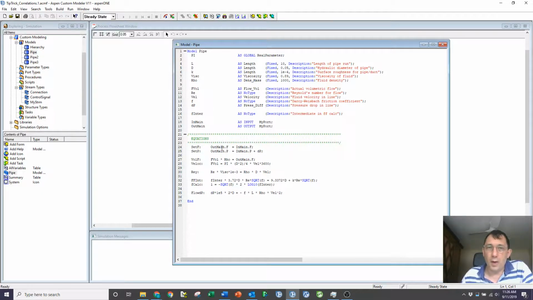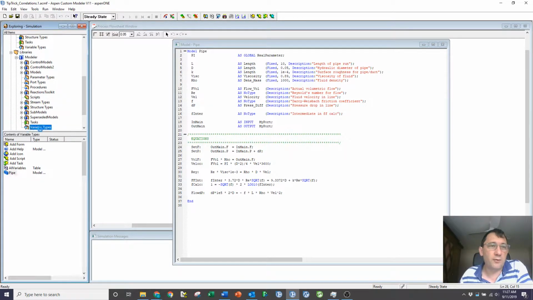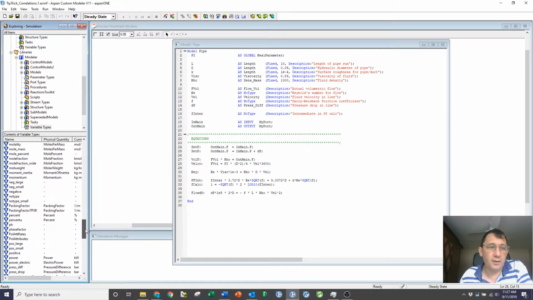So my flow out is equal to my flow in, my pressure out is equal to pressure in plus the pressure drop. My volumetric flow times my density is equal to the mass flow. Again, I could divide through by density, but I avoid divide bys wherever I can. My velocity is then the area times the volumetric flow. Calculate my Reynolds number. Oh, sorry, one thing to notice, and this is one of the things that often trips me up in ACM. Velocity is defined as flow vol, and if you dig through the definition, you'll find that the volumetric flow is defined in terms of kilos an hour.